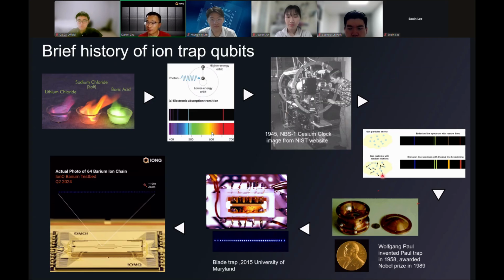That's because motion creates broadening of your spectrum line, meaning it will create decoherence. Broadening of the spectrum line is equivalent to decoherence, right? So with ions, people started to make ion traps, and more and more complicated ion traps. By 2015, we started to make this kind of blade trap with segmented electrodes that allow us to adjust the electric field, so that you can trap the ions as a chain like this,